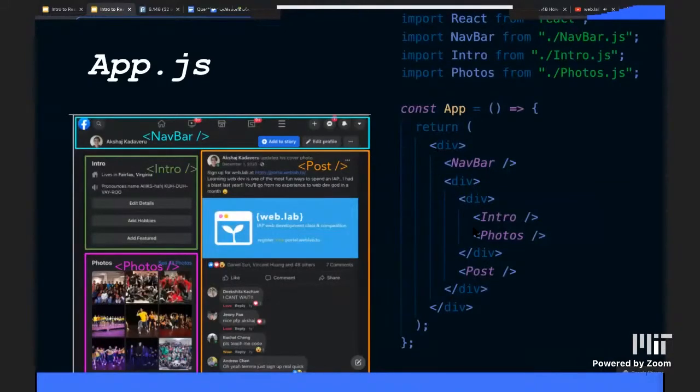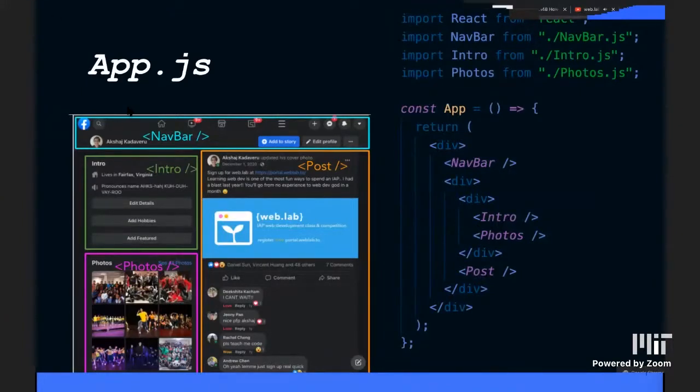So what does that look like in code? Alan talked about it a little bit, but I can walk you guys through this little code sample. So at the top, we import React. In JavaScript, you can import things. And then we import the components we're using. So we just import our navbar, import our intro, import our photos. And then we define the app as just a constant variable, and it's a function. And the function returns HTML-like code